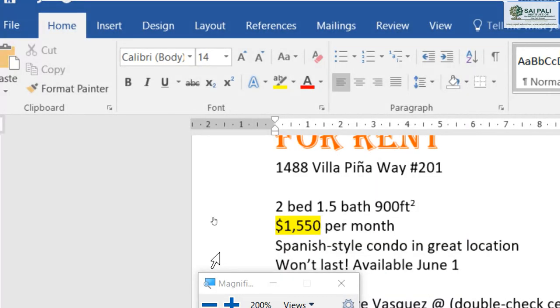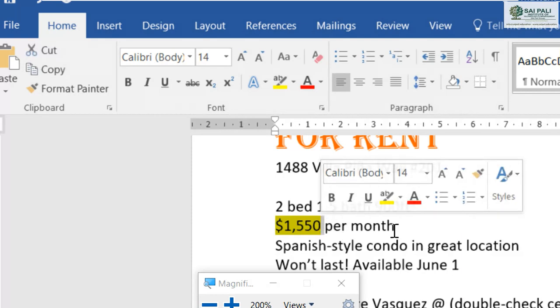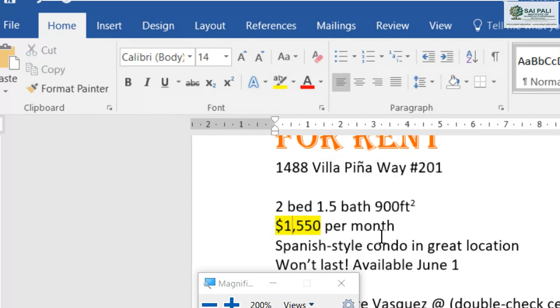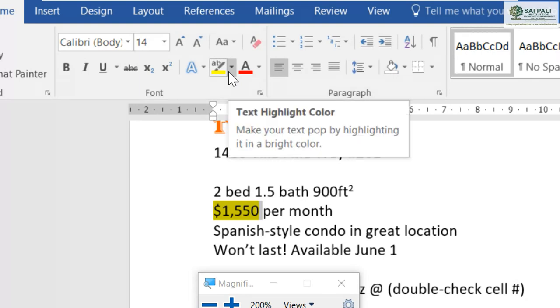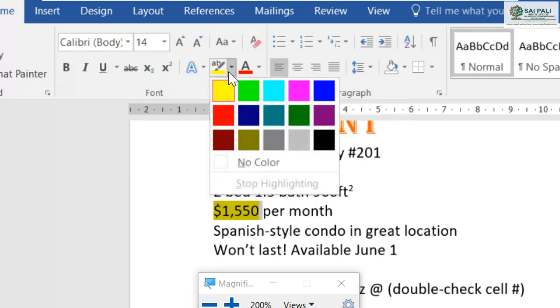Then next thing is that I highlighted this text, and now I want to remove it. I want to remove this color highlighting. So what I will do first, I will select the text from which I want to remove the highlighting, and then I will go to the drop down for the text highlight color, and select the no color option.